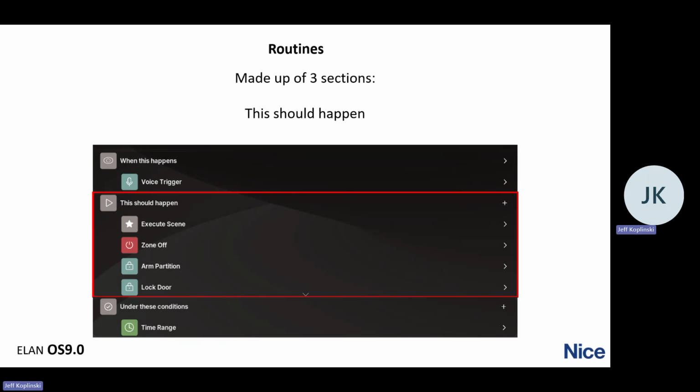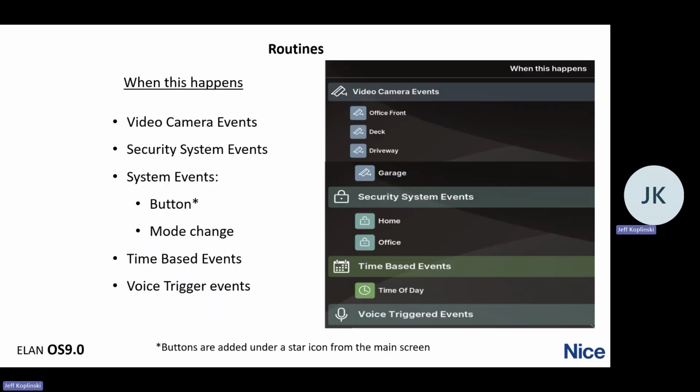Pretty simple logic there. But then we've also got an option where now they're conditions. So we've defined a trigger, we've defined what we want to happen, but maybe we only want it to happen Monday through Friday, or maybe we only want it to happen from 9 to 5, Monday through Friday. So you have different conditions where you can define whether or not this happens all the time or only under specific pretenses. So what we've got as far as triggers, we can tag in video camera events, security system events,